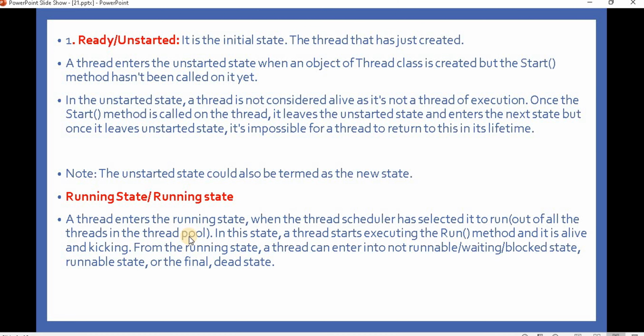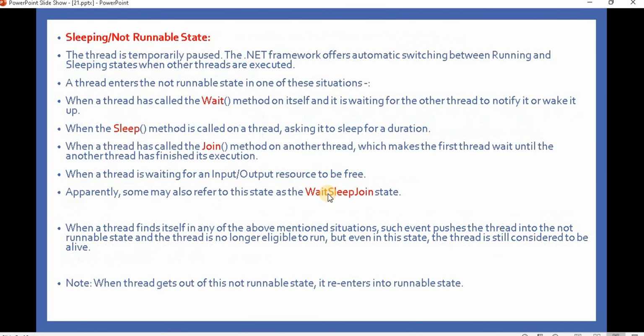In the coming video we will understand more about what the thread pool is, the place where more than one thread is collected at a time. In this state, a thread starts executing the run method and it is alive and kicking. From this running state, a thread can enter the waiting, blocked, runnable, or the final dead state. So that we can do from the running state.